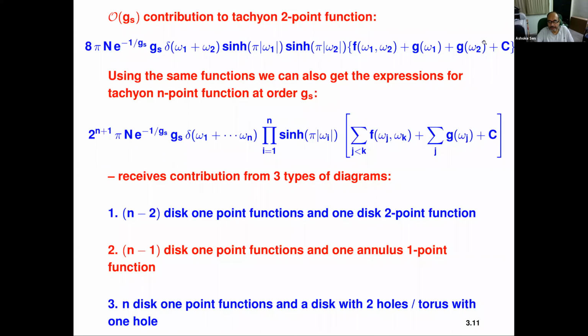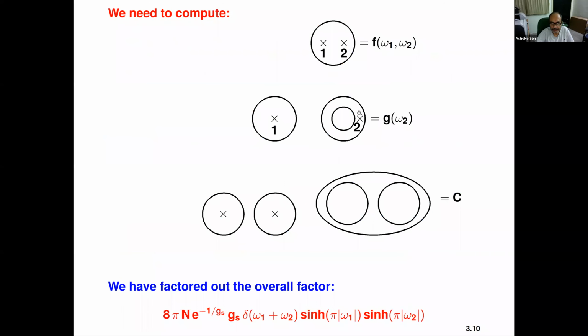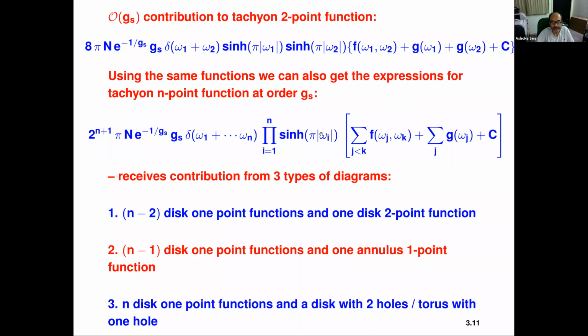So this is the result, but in fact we can do more with these functions, because using the same functions, we can also get expressions for the tachyon n-point function at order G string. And here is the expression, and I'll explain how it comes about. Why only these diagrams are needed for the tachyon n-point function? The reason is that we want to maximize the powers of G string. So every external tachyon gives a factor of G string, and every disk gives you 1 over G string. So to this order, to order G string,